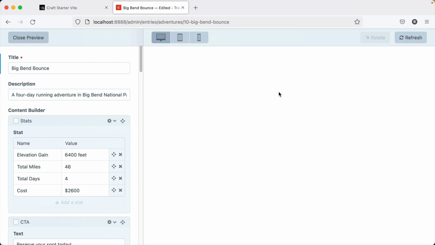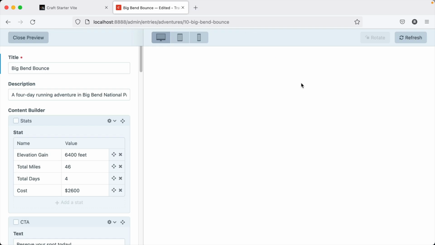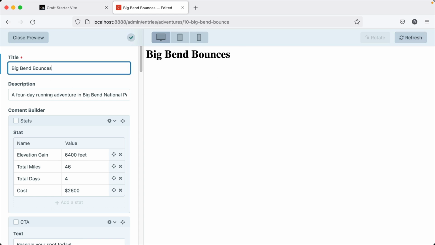Now this is blank because if we go to the template for this, which is _entry, there's just a comment, there's nothing there. So let me put in an H1 with entry.title, which will output the title of the entry we're viewing. And I'll just refresh this and you can see there's the title. So just to show you how this works, it's going to automatically refresh every time we make a change and then save that as a draft. And we can then close the preview